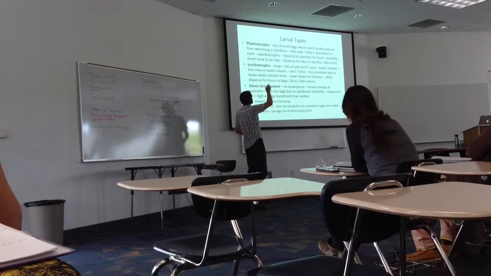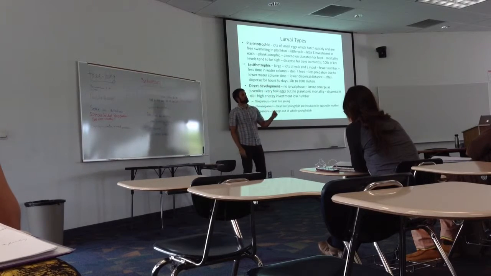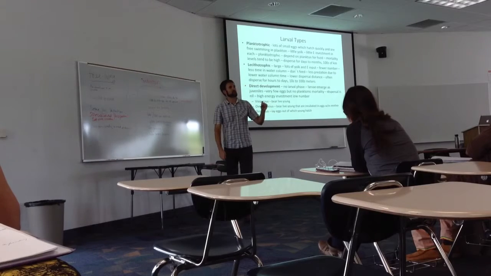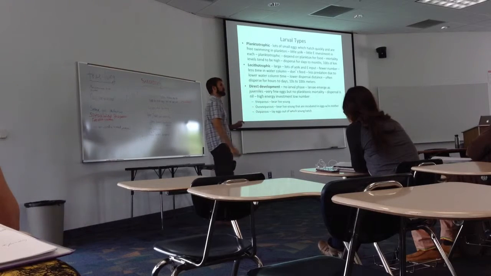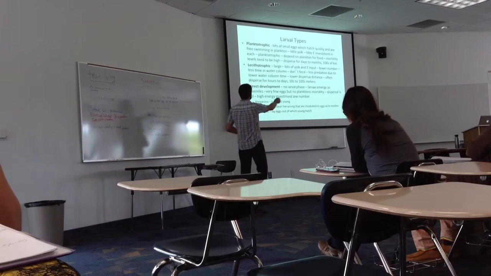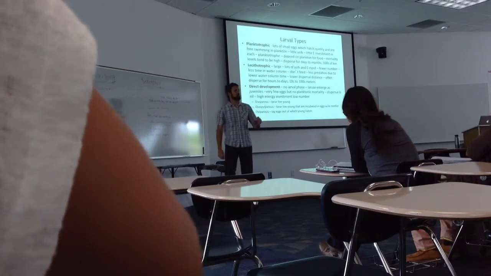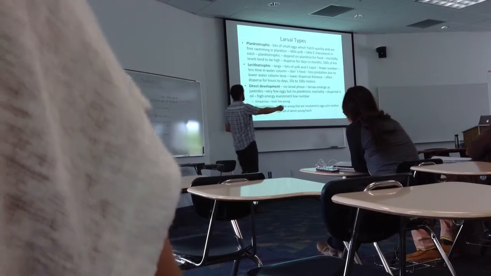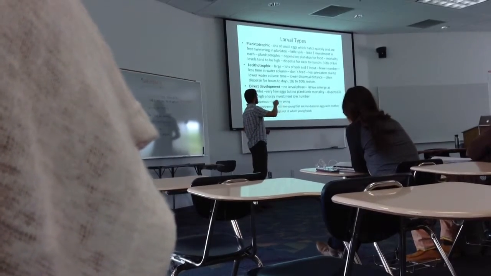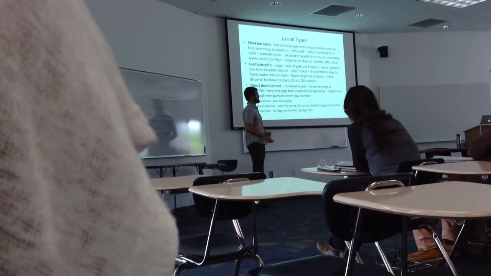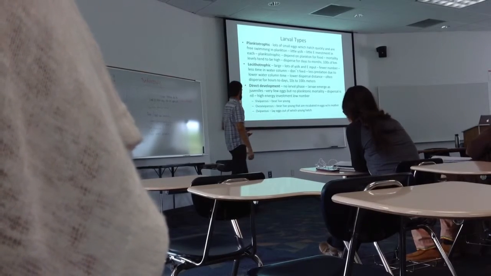Right, so planktotrophic larvae are small, with little energy investment from the parent, which means they have to eat a lot in the water column, with longer development times. Lecithotrophic larvae are larger, with lots of energy investment from the parent. They don't have to eat to develop. They spend less time in the water column and disperse less distance.